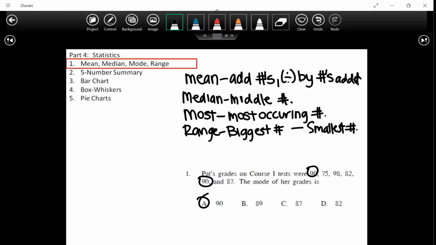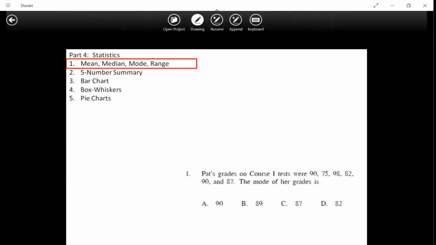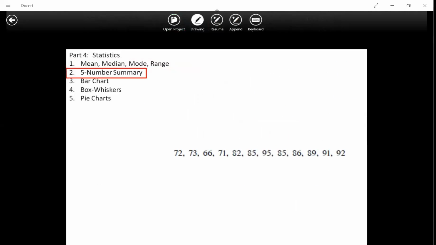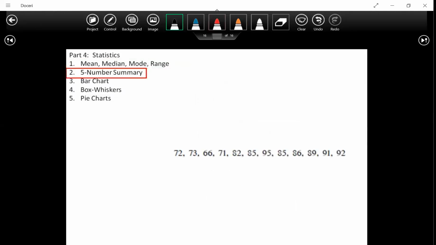Skipping this next one, so doing this, not skipping, but doing this next one. Our 5-number summary. I'm going to kind of do it all. So we have